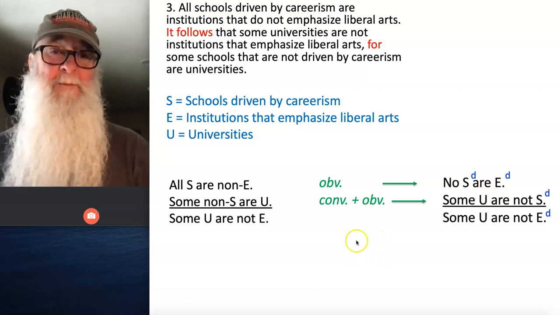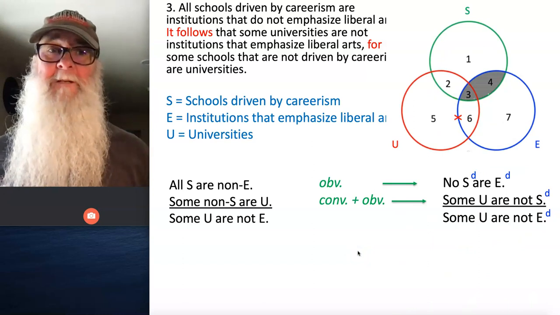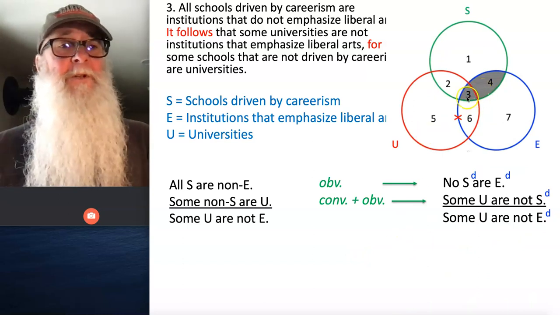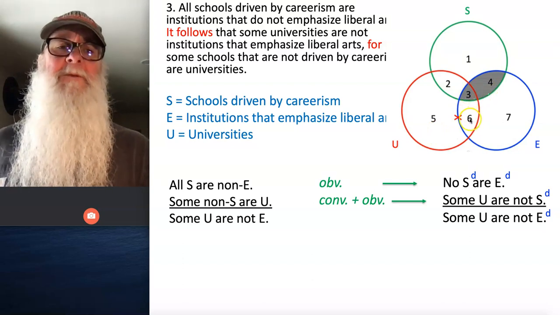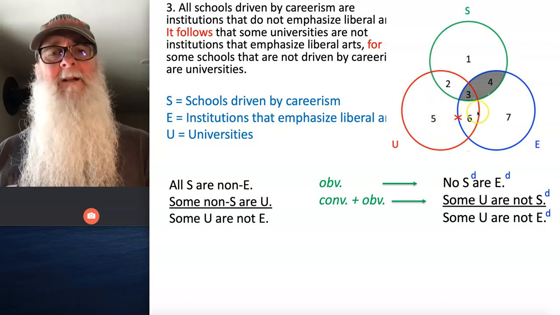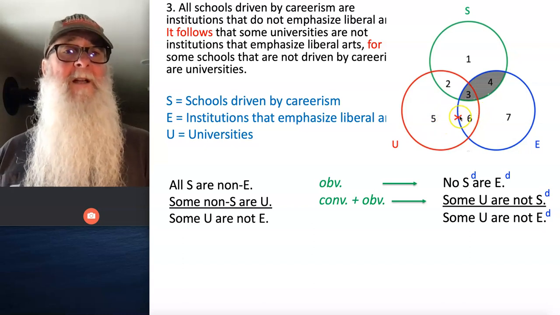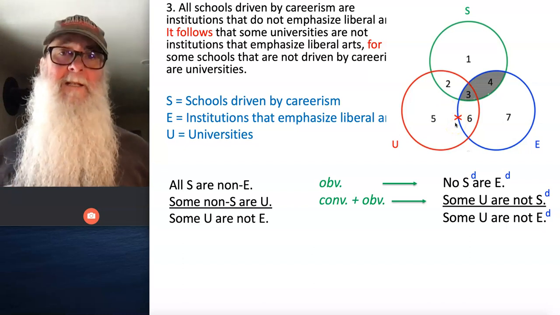It looks like this argument is invalid, and if we're judging it correctly, our Venn diagram should reflect the problem, and it does. We mark in areas 3 and 4 to show that no S are E, and then when we try to mark some U are not S, we find ourselves with a problem. We could mark that X either in area 5 or area 6, and we don't have any reason to choose one area over the other, so we mark it on the line that separates those two areas, indicating the argument